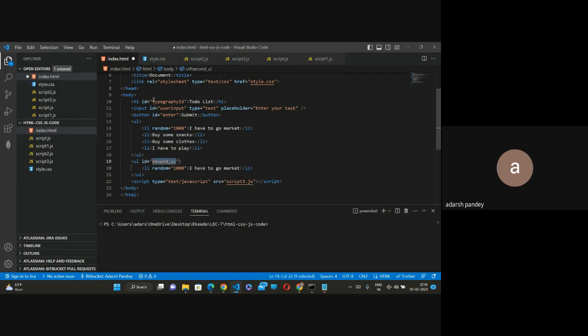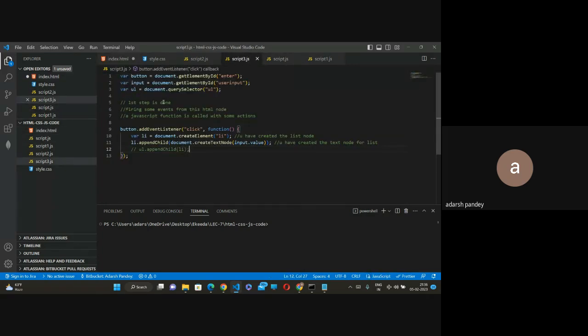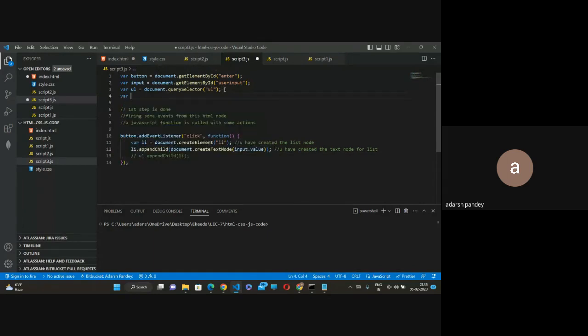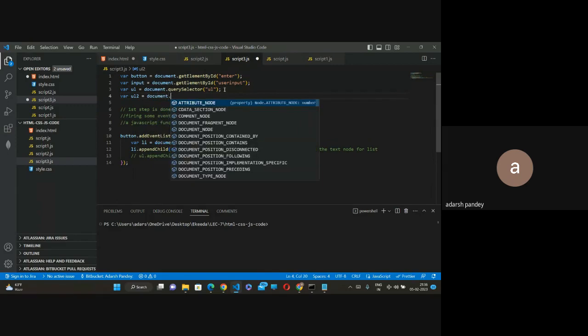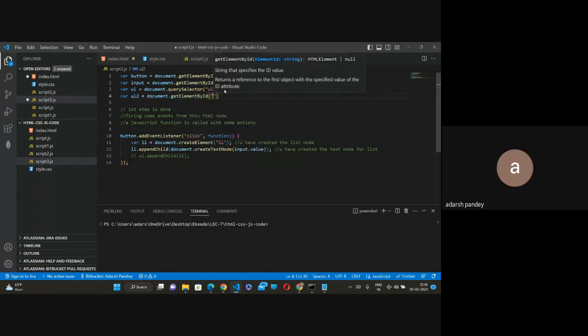If you want to append the list item with this UL when you hit the enter button, you have to simply go in your script file and select variable UL2 is equals to document dot getElementById, and now you can pass